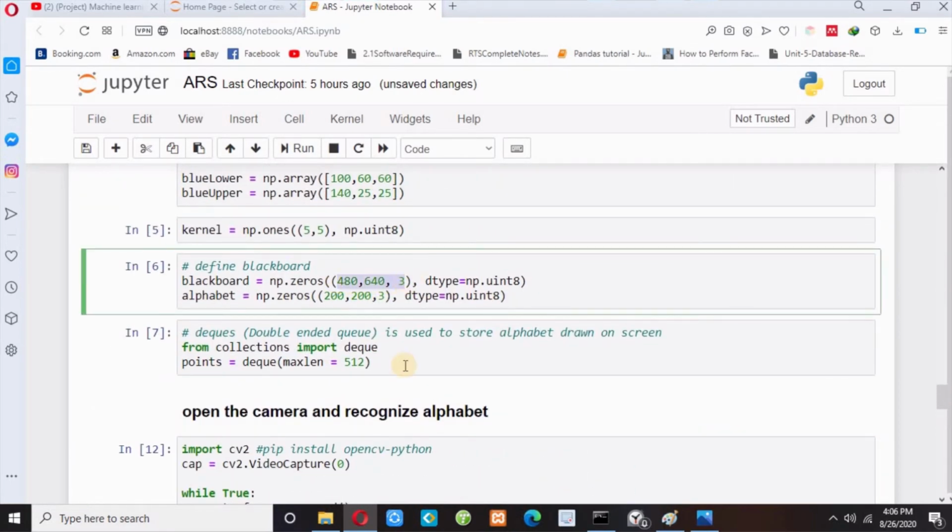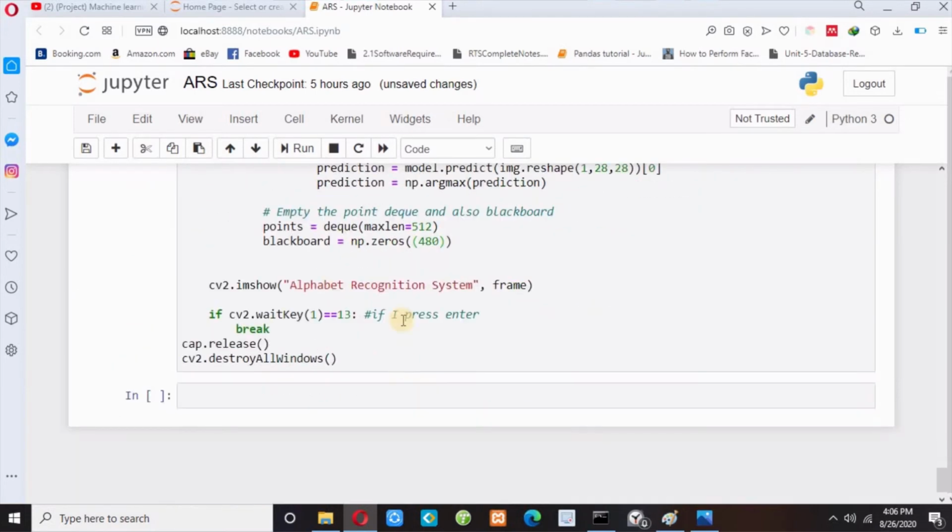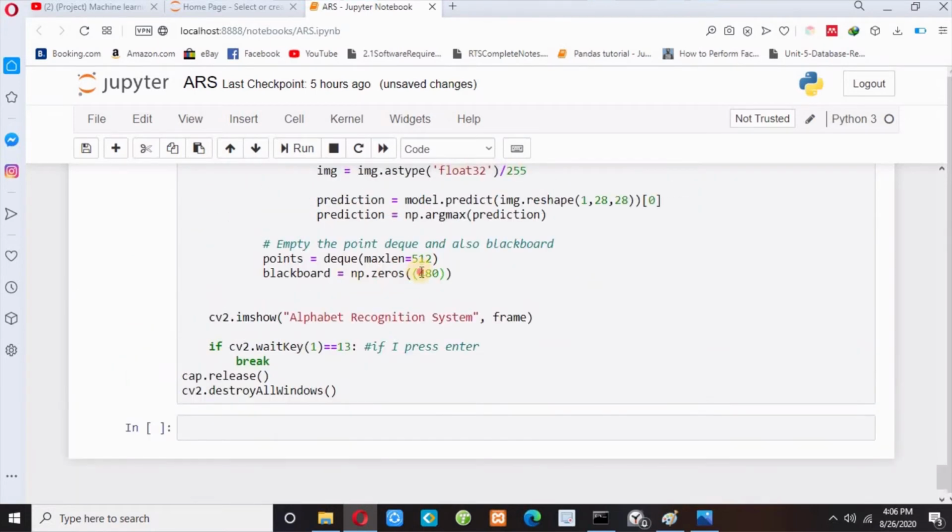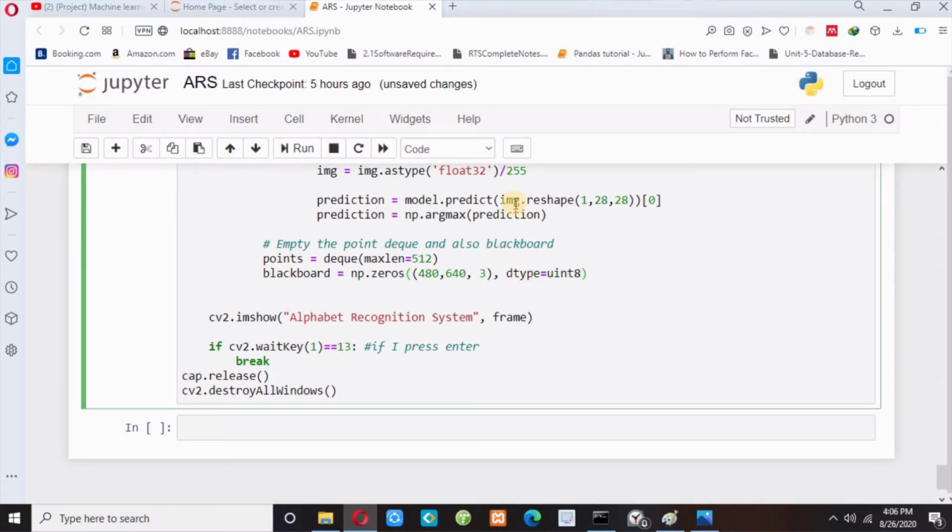Let me copy this and paste it over here, and then dtype equals uint8. Okay, we have cleared our blackboard.